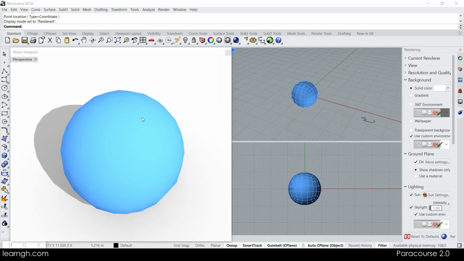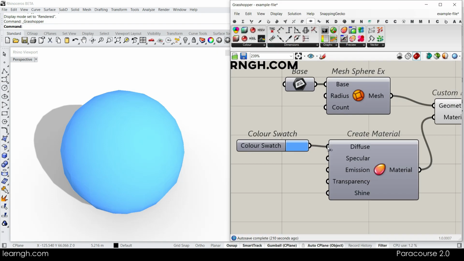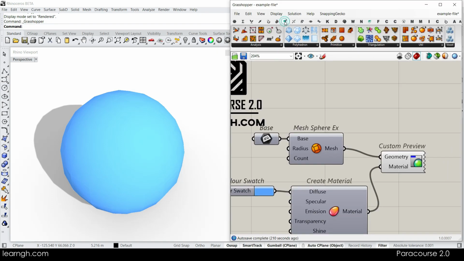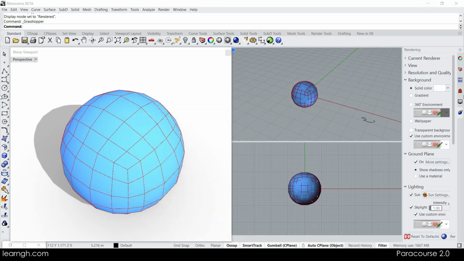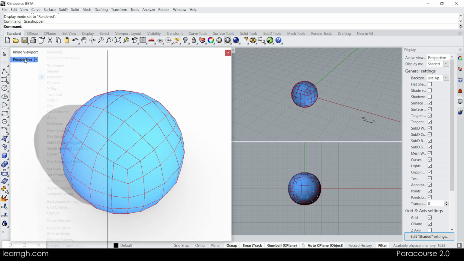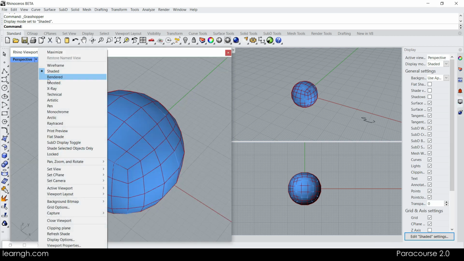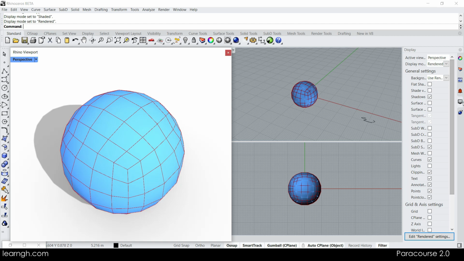Another thing here I want to explain is about edges. Let me explain this by showing you in the mesh. We have this mesh edge tool, and give it to the mesh so you can see the edges. And if you go to the display, you can do that even in shaded mode or rendered mode, whatever you want. But if you go to the display at the corner here and go to edit rendered settings,